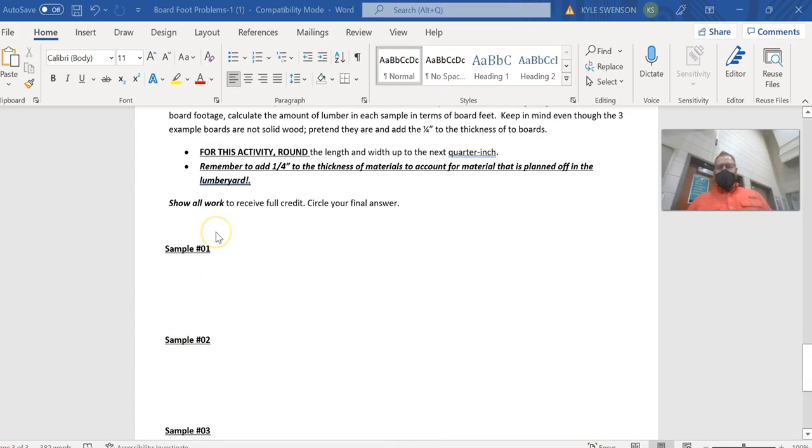So sample 1, you're going to grab a tape measure out of the tool cabinet or use a ruler or whatever you can find. Measure the length of it, the width of it, and the thickness of it. You're going to round everything to the nearest 1/4 inch. And after everything's been rounded to the nearest 1/4 inch, then you are